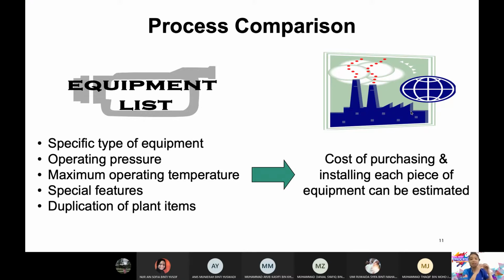By right, in the real plant design, kamu kena kira untuk dua-dua. Supaya kamu tahulah, katakan proses A, equipment cost dia 10 million. One more, 1 million. So, kamu tahu proses A tu 10 kali ganda lebih mahal, baru part equipment, belum lagi construction, and so on and so forth. Okay, so that's also something that you have to consider. But in design project 1, kamu kira sajalah untuk proses yang kamu pilih. Tak payah kira untuk dua-dua. Okay, so that also save you time as well.